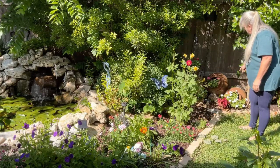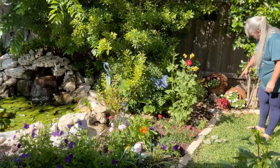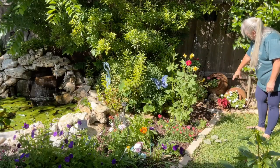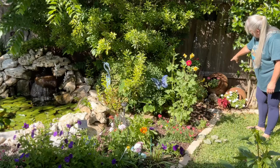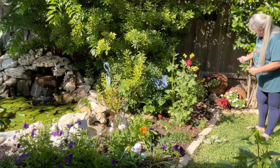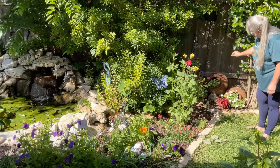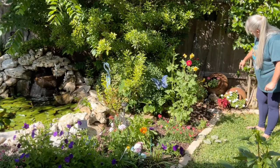These are two of the terracotta pots. Really kind of surprised the Calibrachoa is still hanging in there. Usually around this time of year, you start seeing that go south. A coleus that's coming up. I'm going to back that pot up a little to give that coleus some room to grow. And I put petunias in the other one. It's kind of doing okay. I fed an irrigation line up through the center of these pots. So it literally waters the soil inside the pots directly,